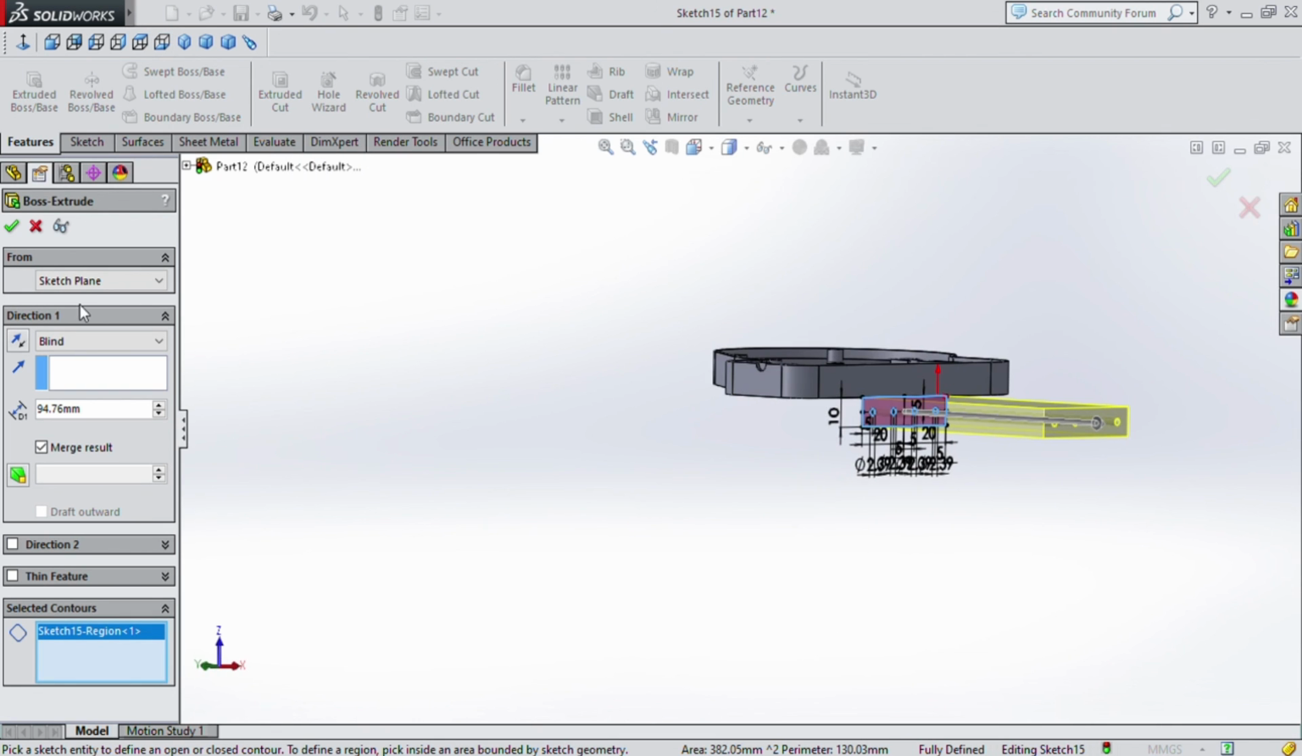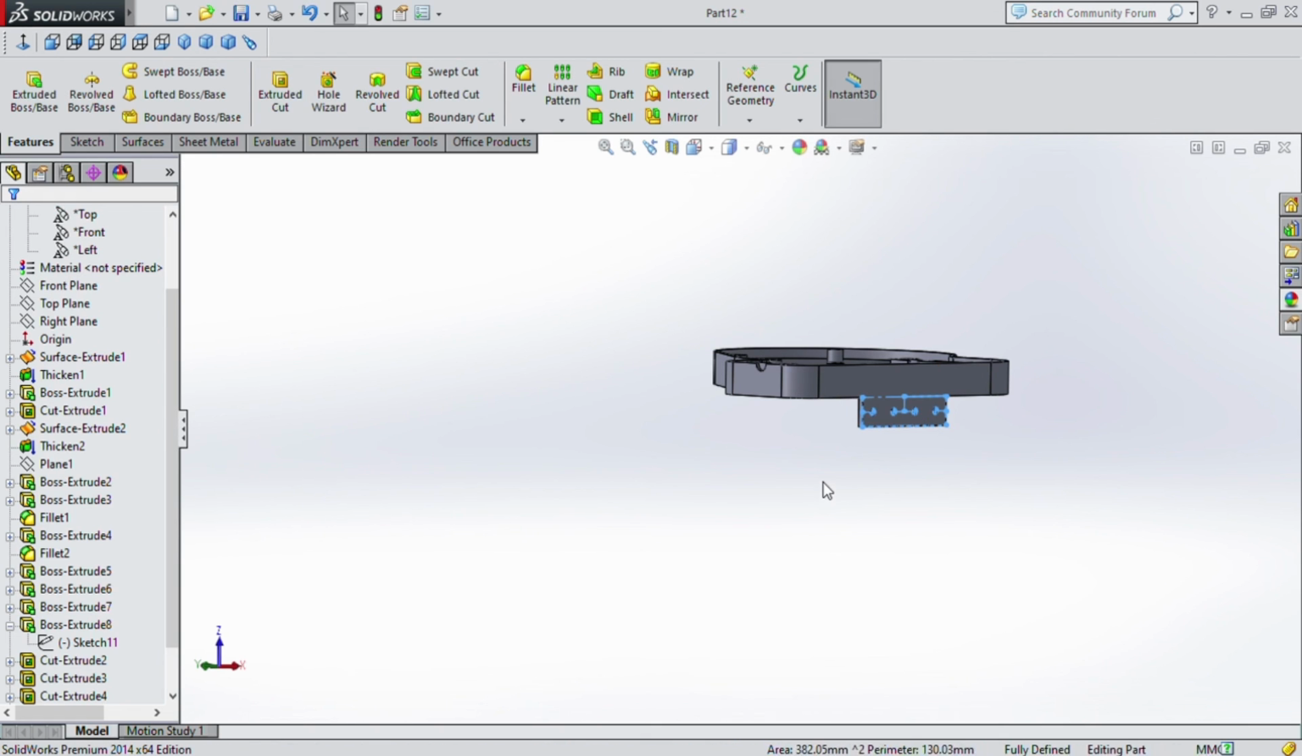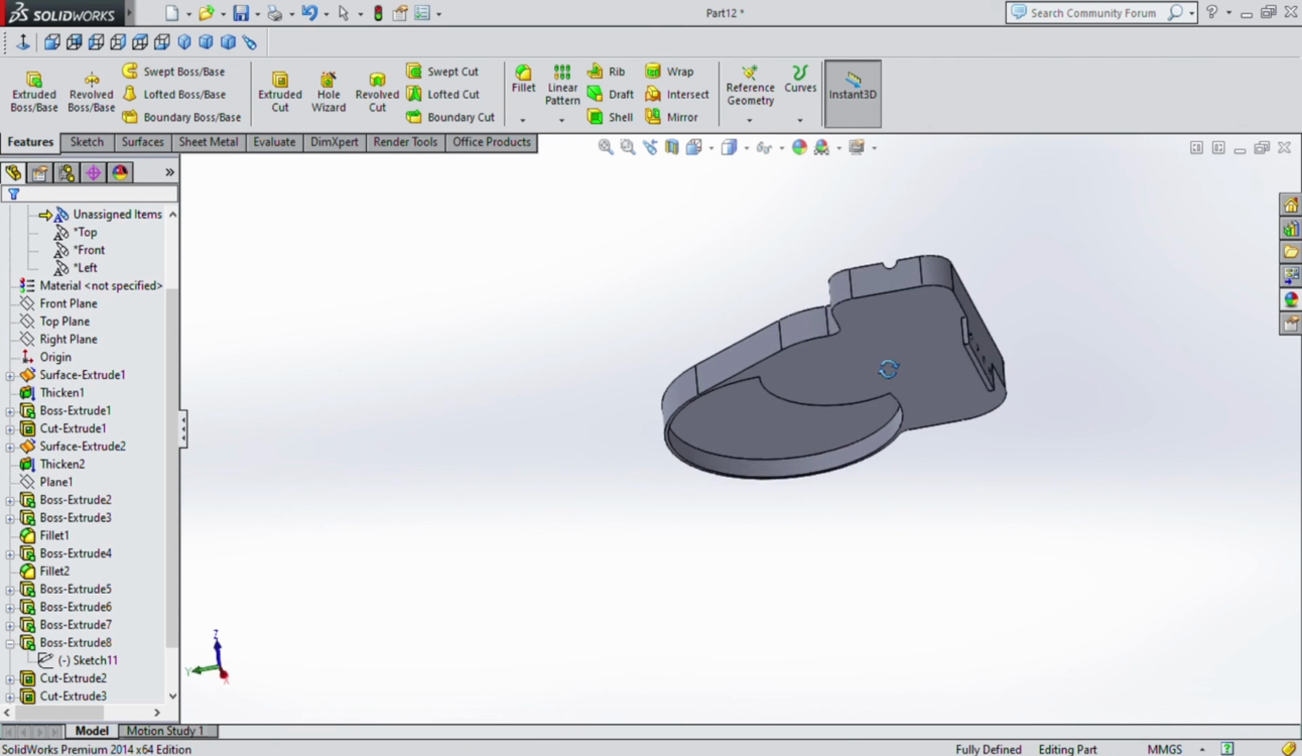rotate in this direction, and here let's specify 2. Okay, let's see. Okay, nice. Now we have